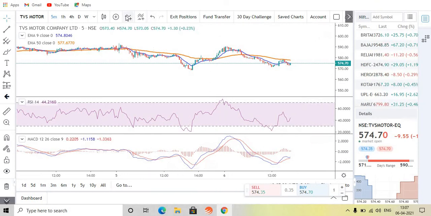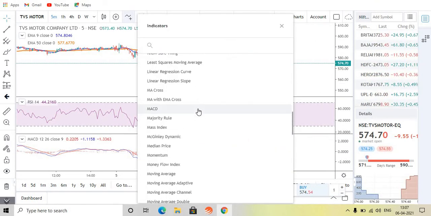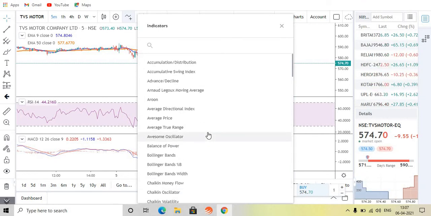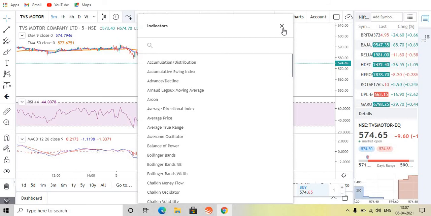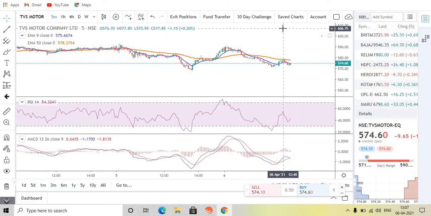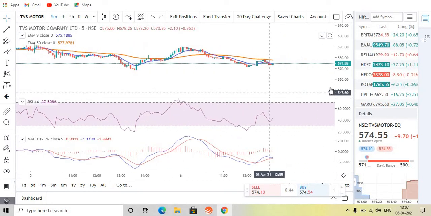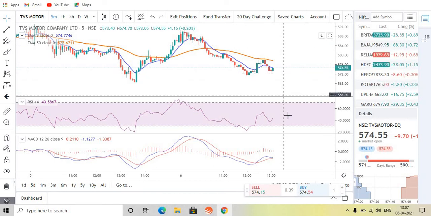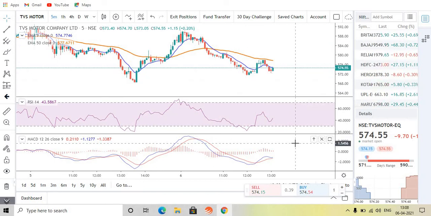We have a lot of indicators listed here. We are not going to use all the indicators. If you use all the indicators, our chart will look clumsy, and there is a limitation on the number of indicators on a chart. I think you can use only a maximum of 8 to 9 indicators or something, post which you will not be able to add it to the chart. It will show some restrictions, and your chart will also look very clumsy. It is not recommended to use a lot of indicators, because indicators will confuse you so much.